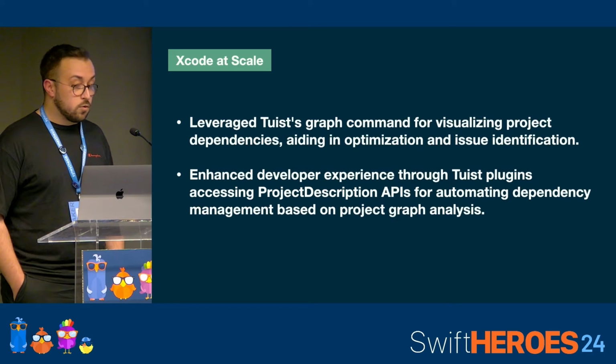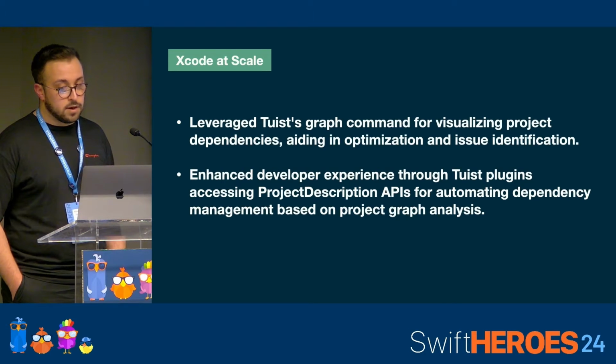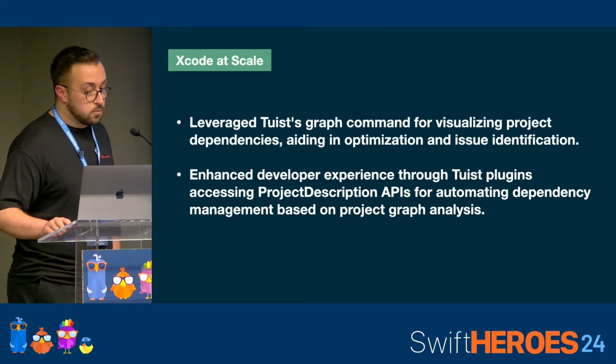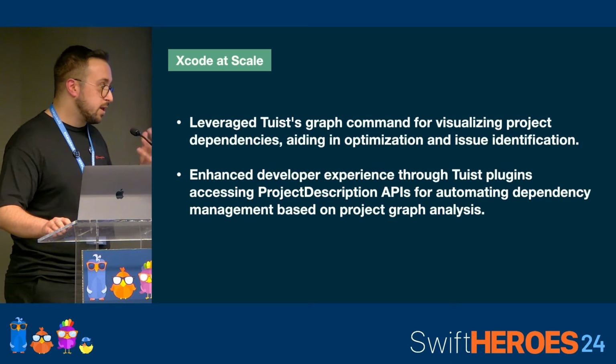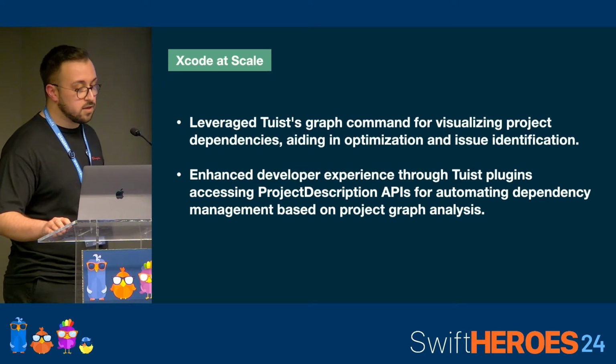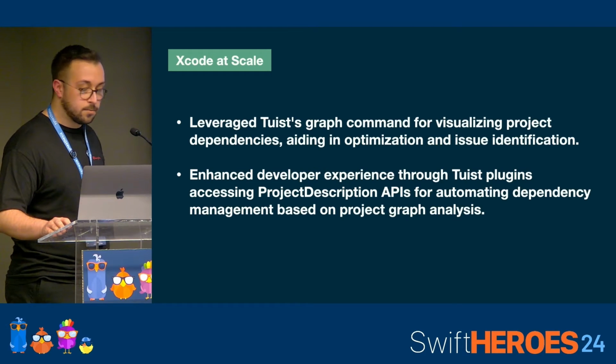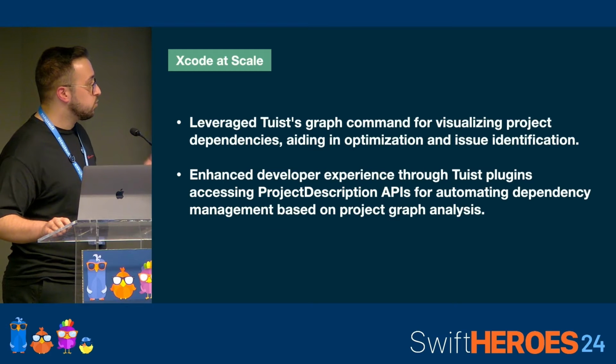Additionally, we take advantage of Tuist graph and plugin features to enhance DevX to the top. Once we migrated to Tuist, we figured out that our hundreds of modules were linked dynamically. So, Beyza, would you like to give us a comparison of static versus dynamic libraries and tell why we chose static linking over dynamic? Of course, but